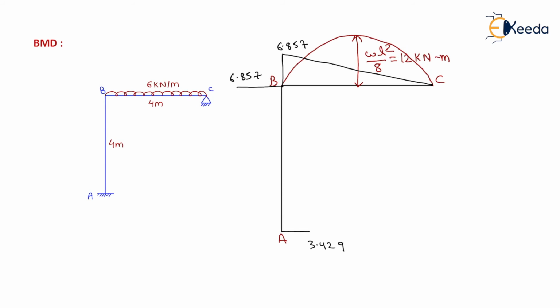Now we have to join these moments by a straight line like this. This moment is below the axis, so its value will be positive throughout. It is throughout negative here, and here positive and negative compensate each other, and here the moment is throughout positive. So the net moment acting on the frame is positive in this zone, negative in this zone, similarly negative in this zone, as well as positive in this zone.